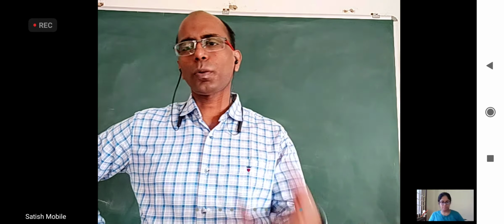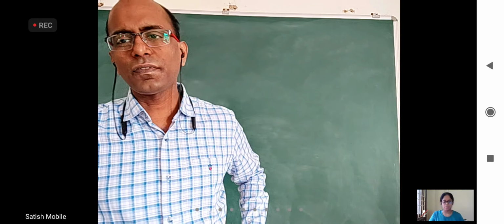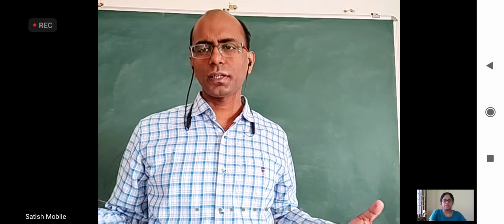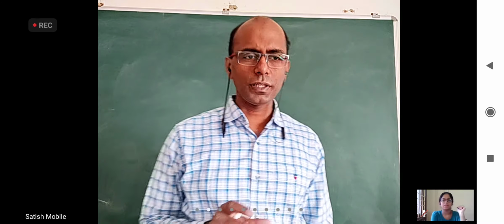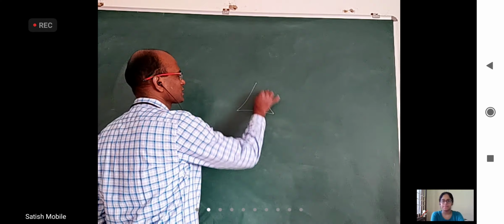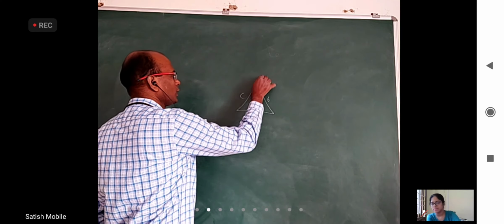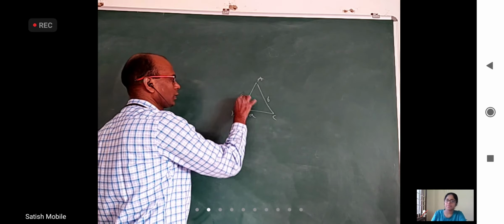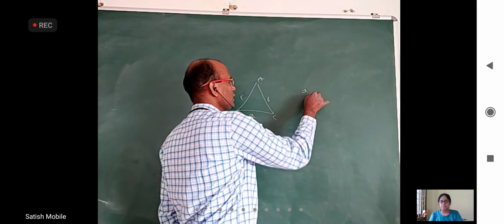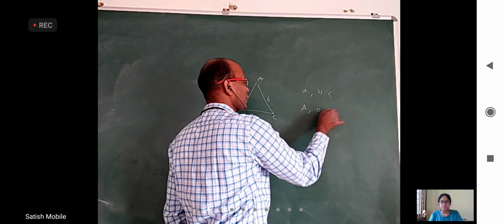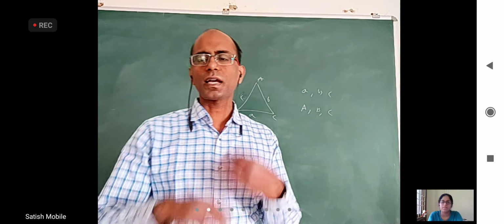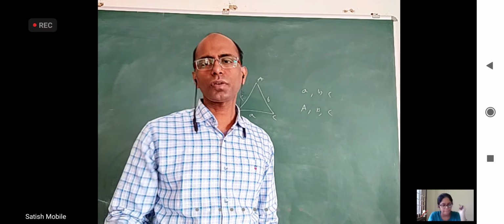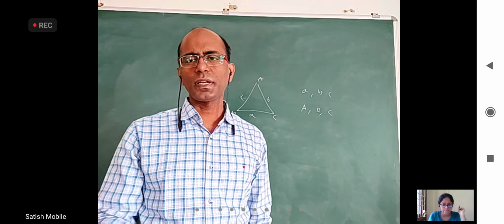What do you mean by solutions of triangle? Sometimes we put a chapter heading, properties of triangle and solutions of triangle. There is a slight difference. Properties of triangle is a very broad thing. It covers much more, like we are going to study for Advanced. Solutions of triangle is a very small thing, where every triangle has three sides and three angles. So for every triangle there are six quantities: small a, small b, small c, capital A, capital B, capital C. Out of these six things they can give any three and ask for the other three. That is basically solutions of triangle. Solving a triangle means finding some details of a triangle.